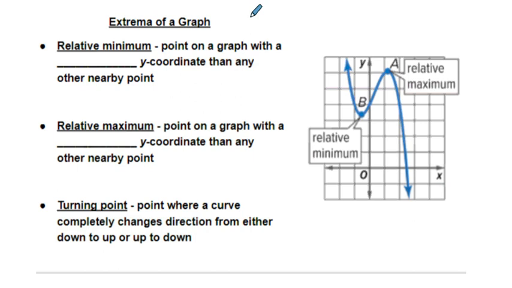And by an extreme point, we mean it's relative to the graph, because obviously, the highest and lowest points of the graph, generally speaking, are going to be what the end behavior is, one way or the other. But we're talking about what's kind of happening on the way there. Okay? So a relative minimum is a point on the graph with, if it's minimum, think a lower y